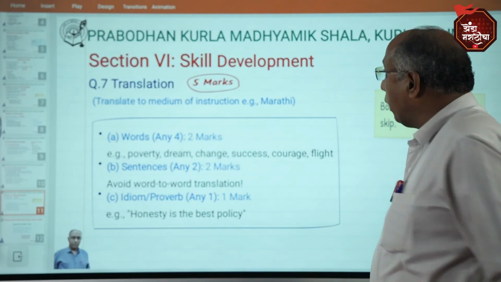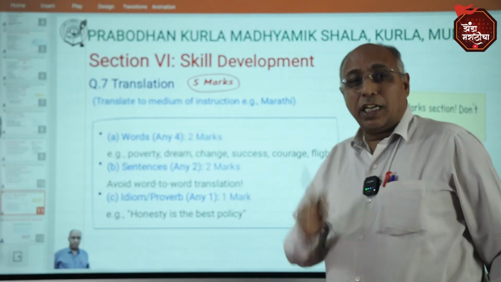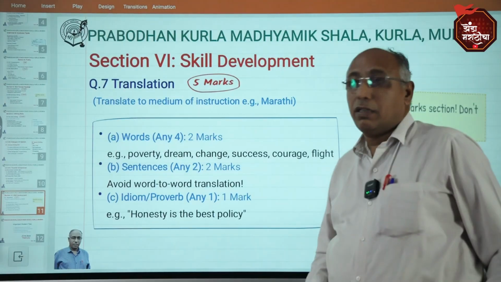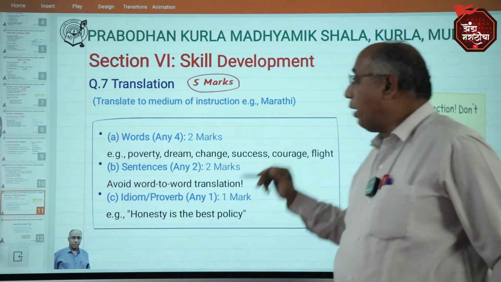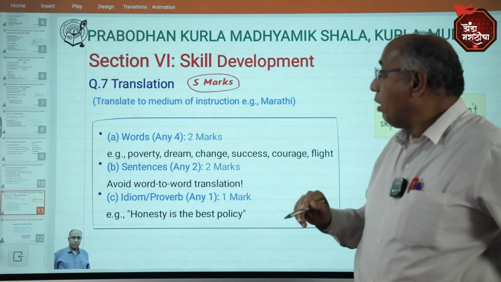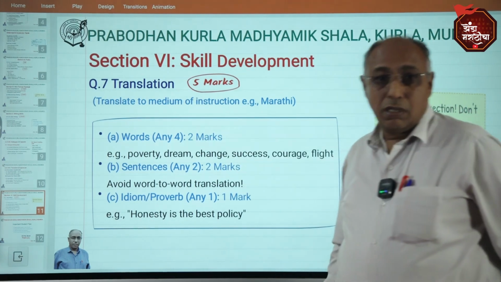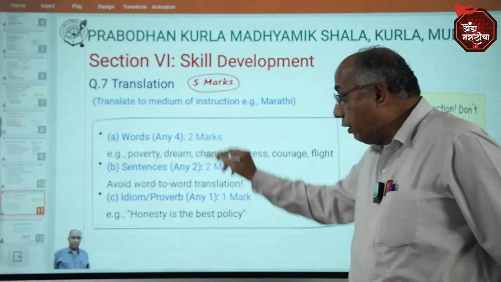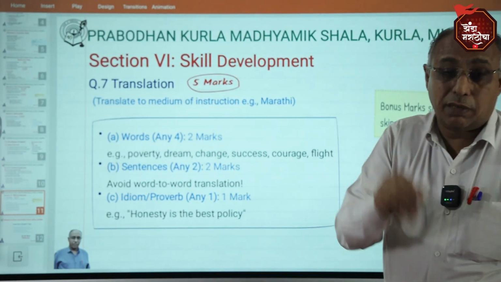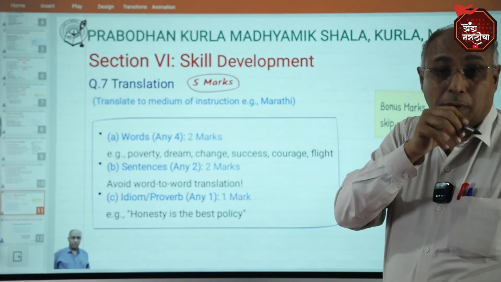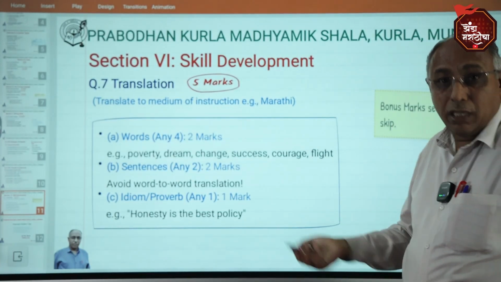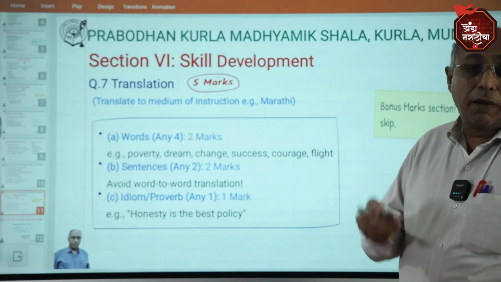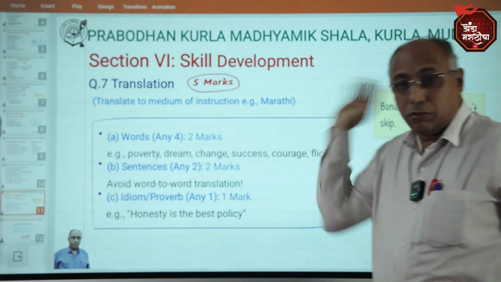Right now, let us go to see the next section, and that is the last one in your activity sheet. That carries only 5 marks. And this skill development means what? It is translation. Students will be asked to translate the given activities in their own mother tongue, for example, in Marathi. The student who comes from Marathi medium will translate in Marathi. The student from Hindi medium will translate in Hindi. The student from Urdu medium will translate in Urdu.